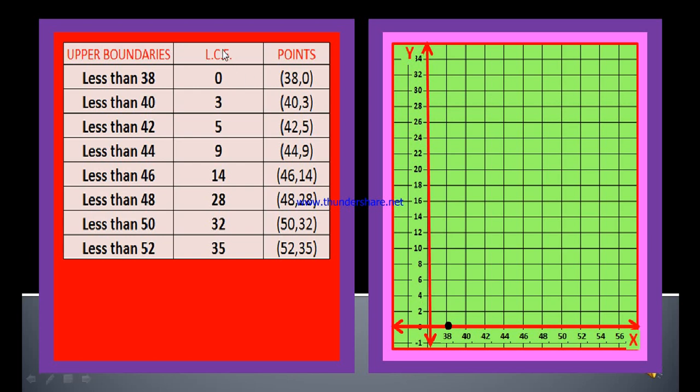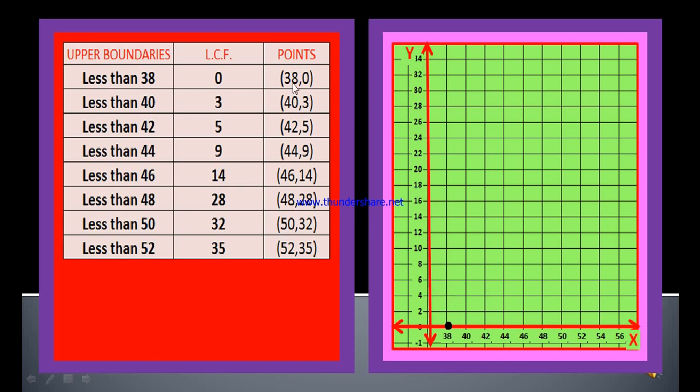Now you see, if you observe the points, the highest x value is 52 and the highest y value is 35 and the lowest x value is 38. Therefore on x-axis these points may start from 38 and we took the scale, we took 38 as the starting or initial point on x-axis. And now on y-axis the minimum value is 0 and highest value is 35. Therefore we have started from 0 up to 35. Now this is x-axis and y-axis.